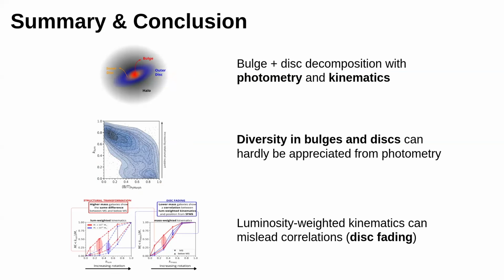So the point maybe is that if you blindly apply photometric bulge and disk decomposition on a large sample, and you use that information to infer something about how the bulge grows, how galaxies evolve, because some mass galaxies are more bulge dominated than in other masses, then you can get some biased result because you are not including systematic errors.